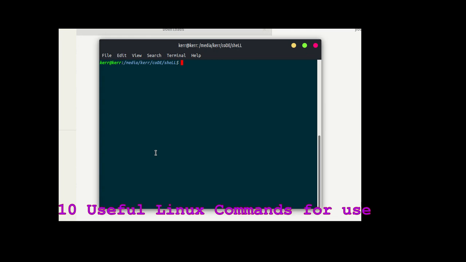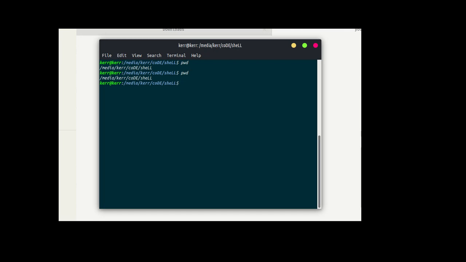So the first command that I will discuss today is pwd, present working directory. It will just print out your present location in the shell. If you press this command, it will show you the present working directory, and there are basically 5 different subdirectories in this directory. If you go to any of these directories and press the pwd command, it will show you the present directory as well.